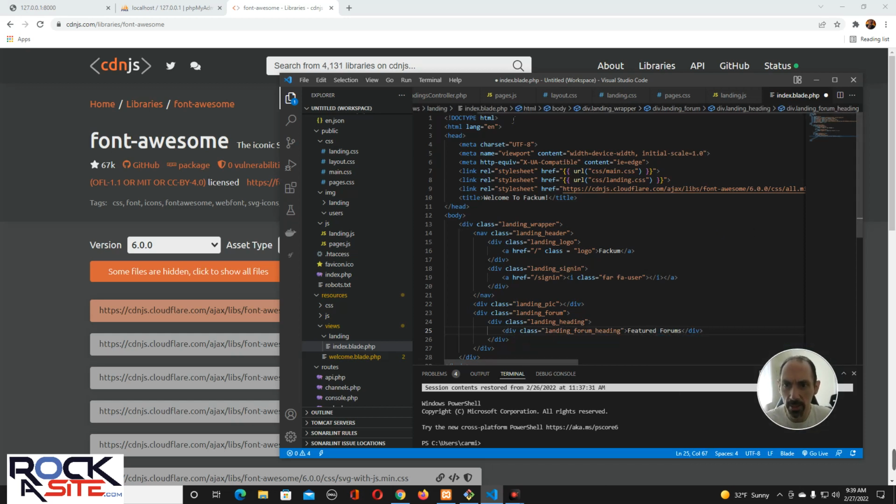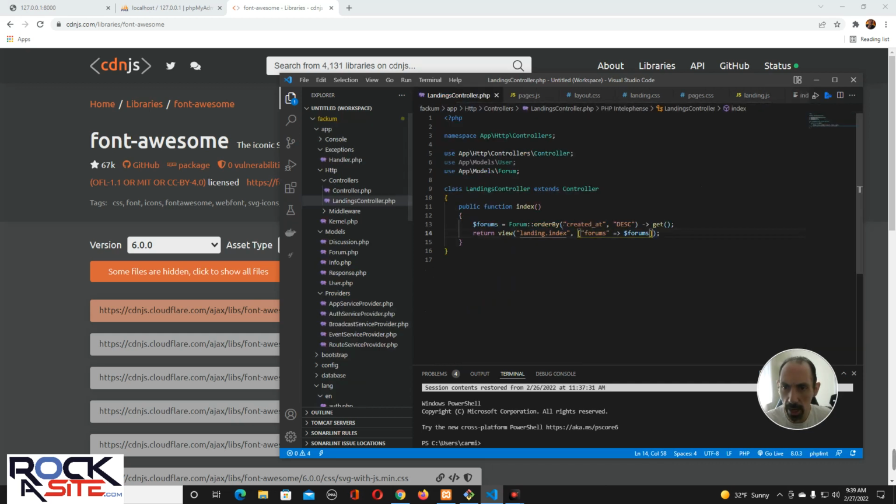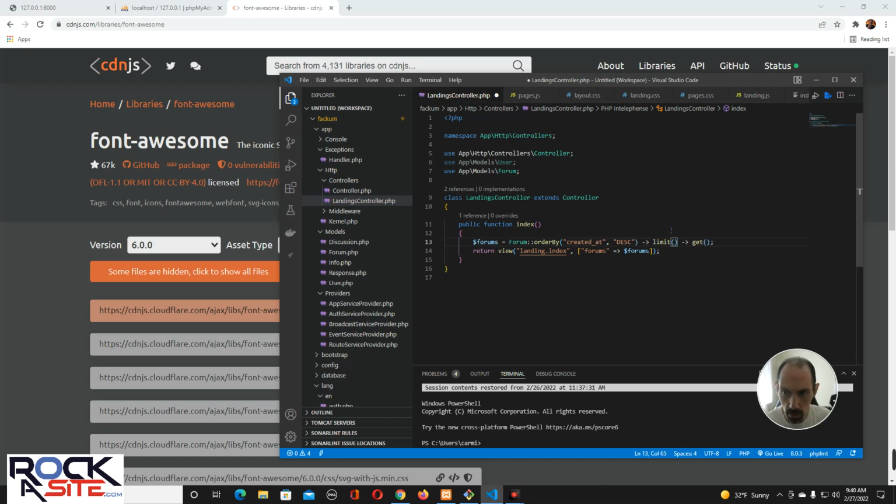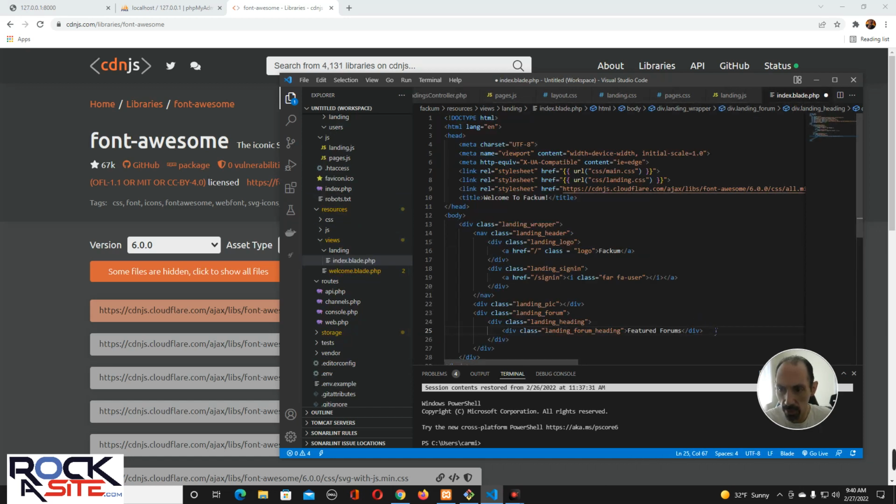So in that case, let's go over here, and let's say, we'll do 5, and then we'll get. Okay, so limit 5 is basically limiting it to 5, so we can just make it based on the most recent forum posts. And I'll say featured forums, that's that, and then the heading is done, and then over here,